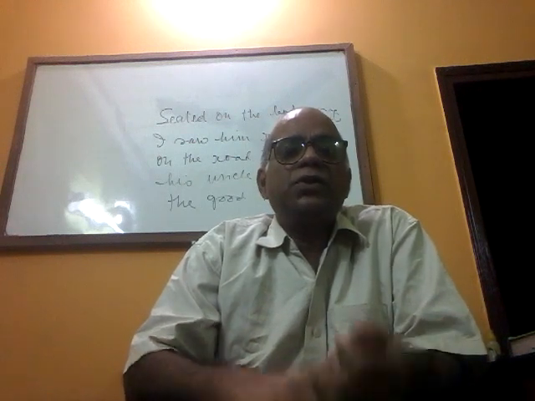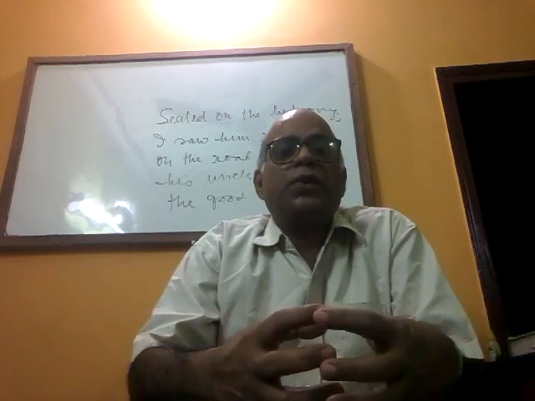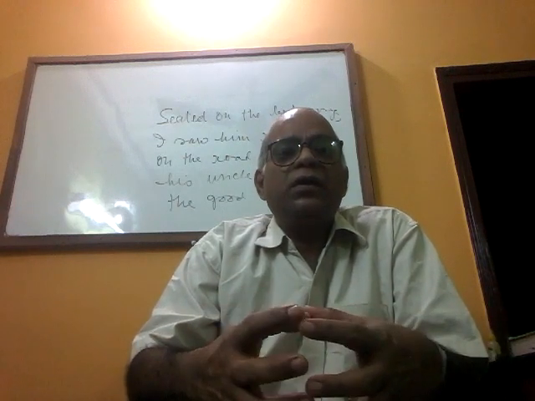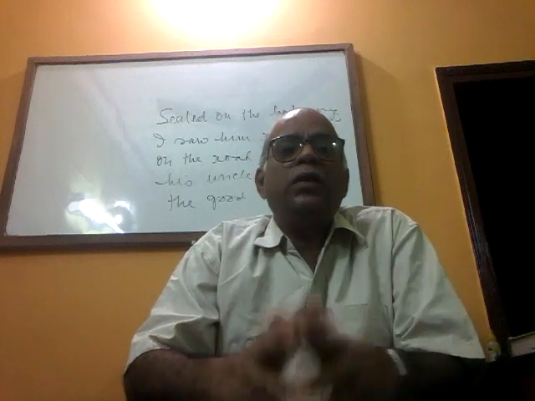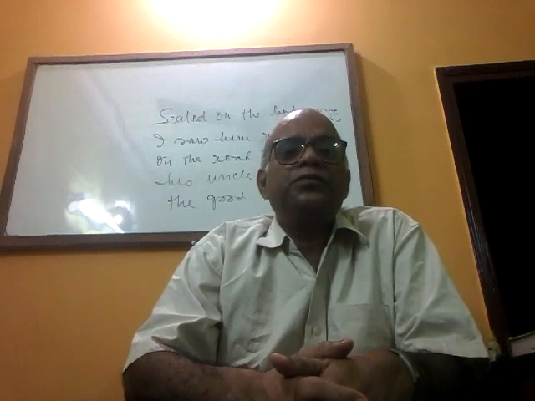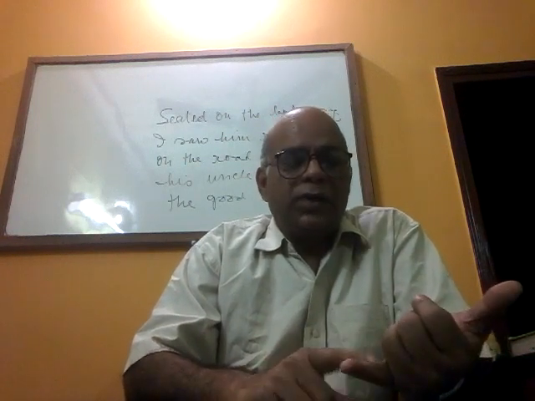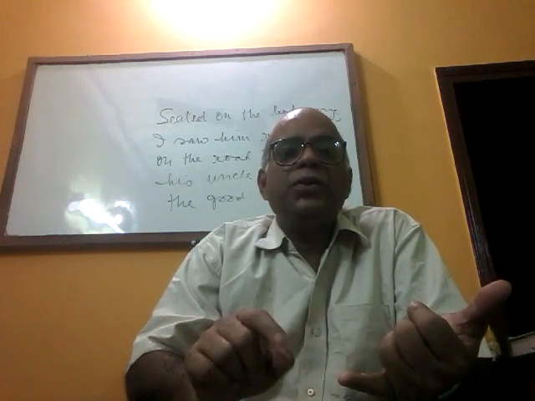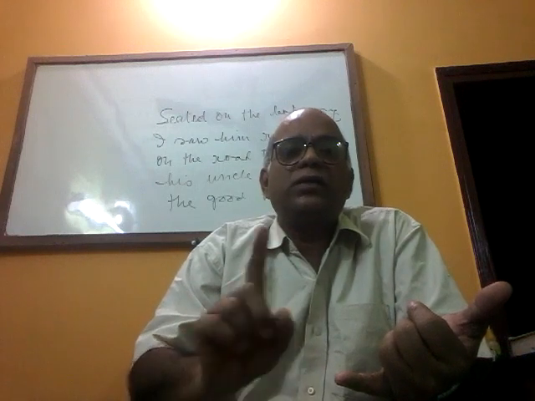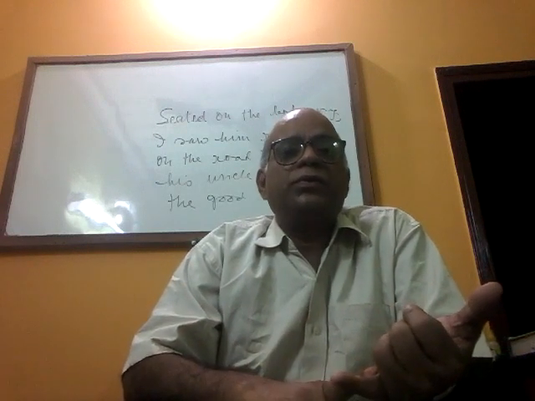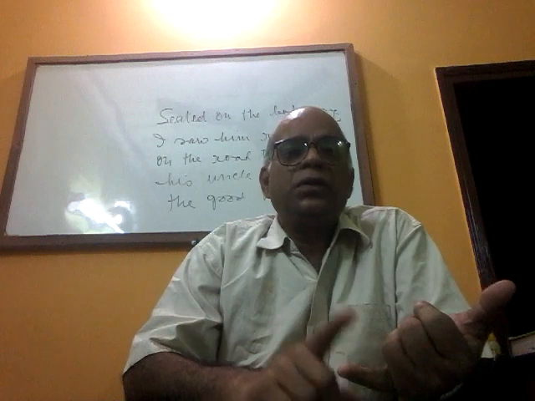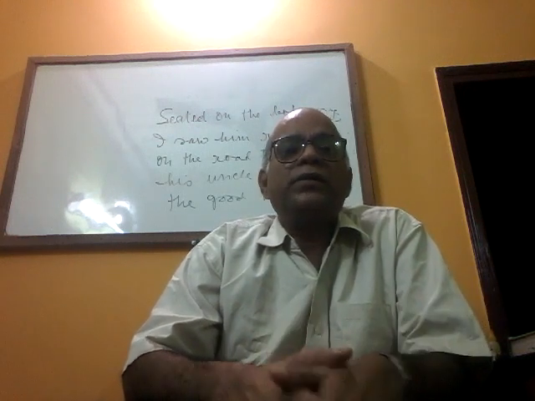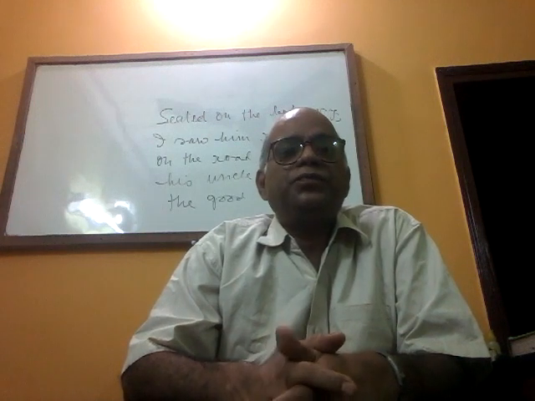Attached compound means when two words are put together and they cannot be separated from each other, we write it as a single word. These are called attached compounds. Take the example like tea plus pot. How do you write the word teapot? T-E-A-P-O-T, as a single word. It is called attached compound. Similarly, you have got inkpot, railway, headmaster, newspaper. These are examples of attached compound.